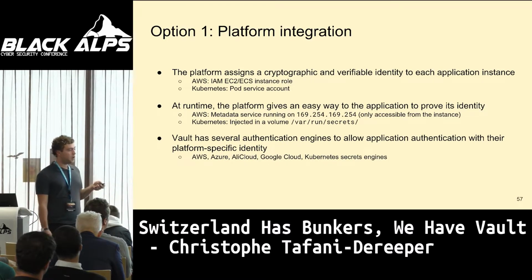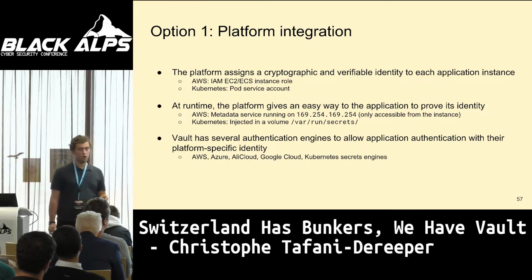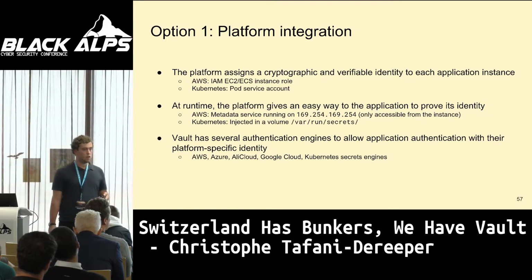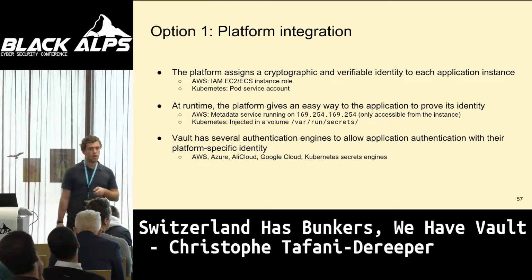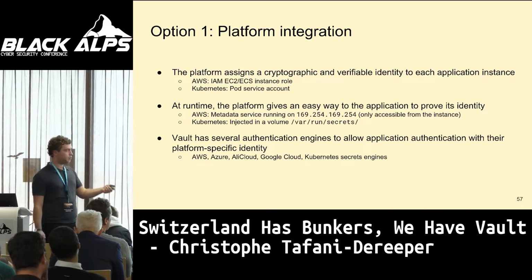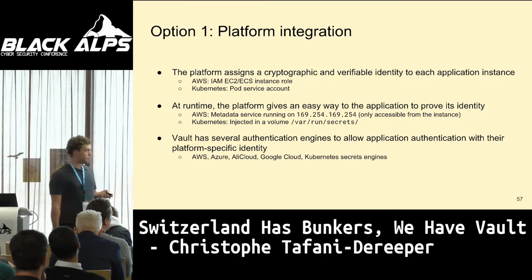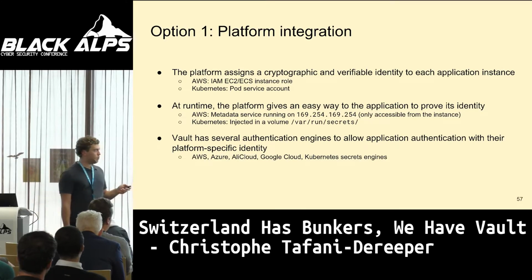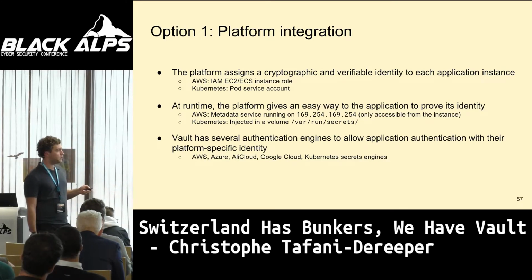It basically applies when your applications run in a platform where they have some identity which is provided by the platform. This is the case when you run in AWS. You have things like AWS instance role, which gives your application an identity, which is cryptographically signed by AWS, and which they can easily show to some other party to prove that they are indeed this application. For Kubernetes, this would be a different name, but the same principle. You have a pod service account, and at runtime, Kubernetes is going to inject a JWT inside a path in